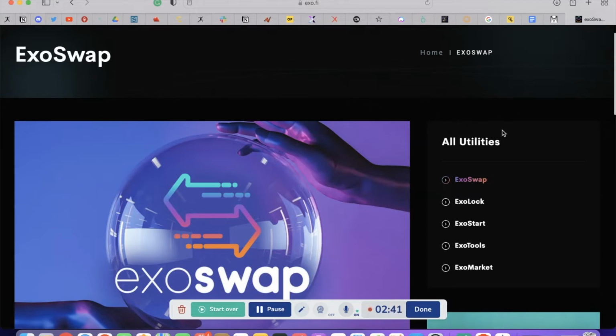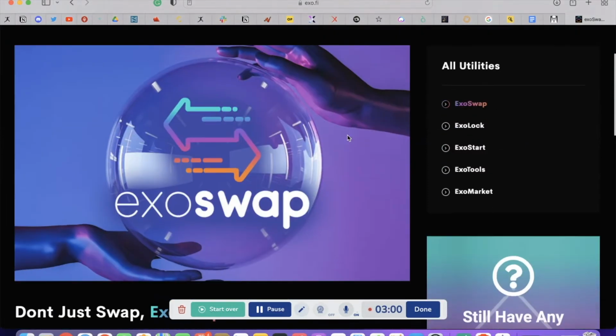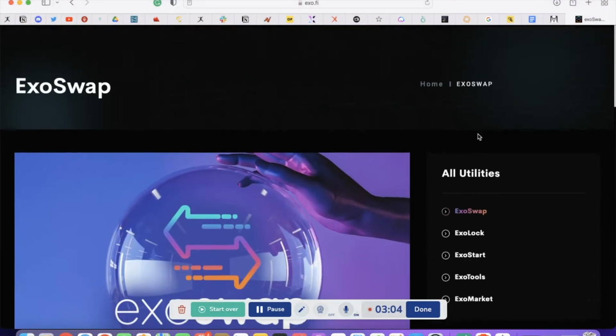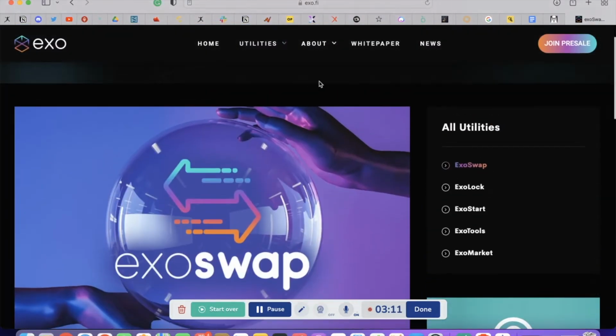Any of you have been in any of the node projects? For example, I'm in WhitePaper, or I know Thor. They've had to do some contract migrations in order to make adjustments or amendments to their token taxes. This can often be a big upheaval for projects. And what Exo.Fi hopes to resolve is having this implementability of token taxes directly within the DEX. So that's a really, really interesting prospect for new projects, and probably something which a lot of them will be